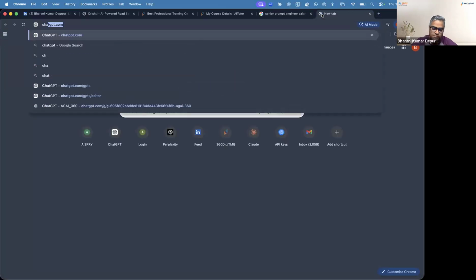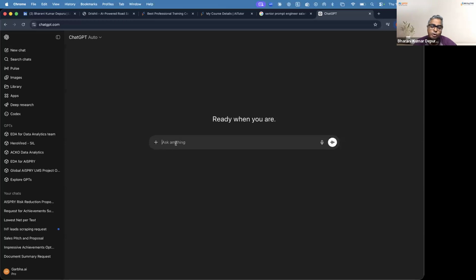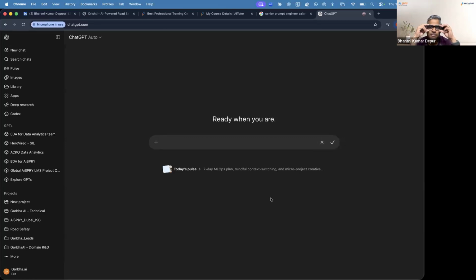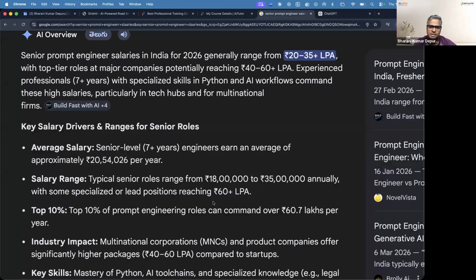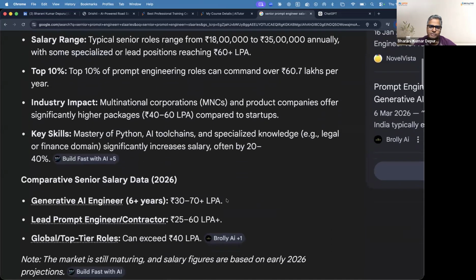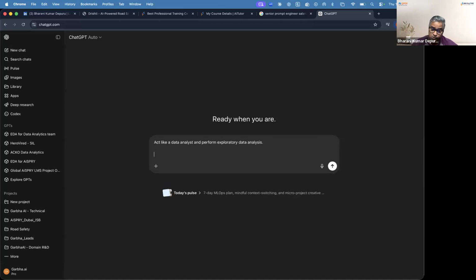Now, if I go to chatgpt.com and say I want to perform data analytics, act like a data analyst and perform exploratory data analysis, if I start asking questions like this, do you think people will pay you 25 to 35 lakhs or 40 to 60 lakhs or even more? Do you think they'll pay you if you just ask questions like this? No. There are amazing prompt engineering techniques such as you can say,